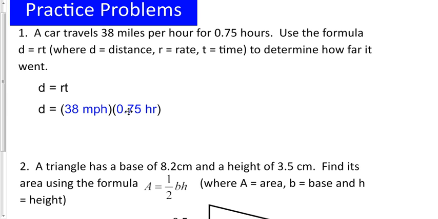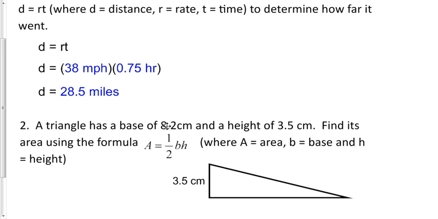This has to be hours, and this has to be hours here for this to work. If this was in minutes, you'd need to convert it to hours or so forth. Finally, when I multiply, the distance traveled is 28.5 miles. The next example,